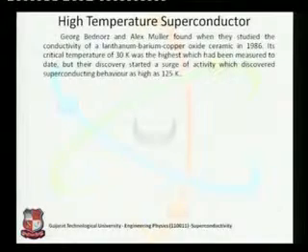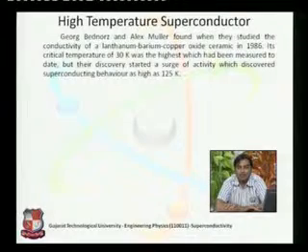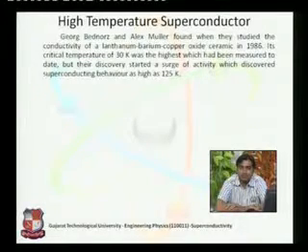If you remember, in our introduction we talked about Kamerlingh Onnes. He started the concept of superconductivity, but if you remember, the critical temperature value for mercury in the introduction was 4.2 Kelvin. So the scenario was changed, the trend was changed now, and it is said that we can achieve the superconducting state at a little bit higher temperature also, about 30 Kelvin. But this was just the start of this particular discovery or search, and we are moving further, and right now we are quite far along.